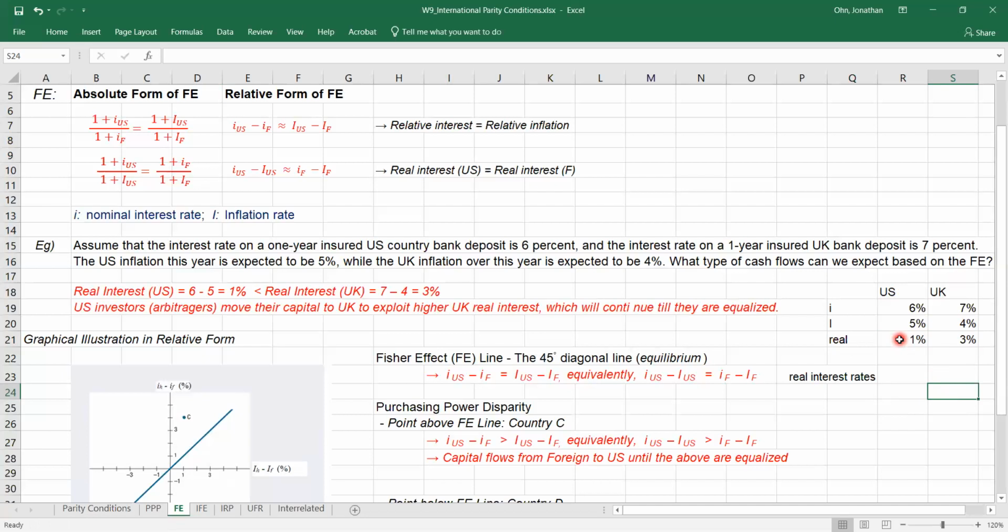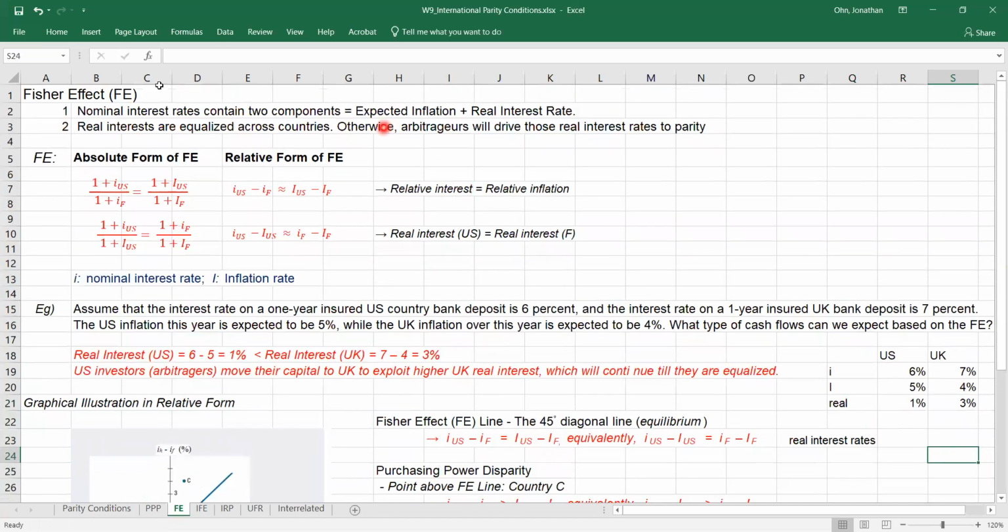So what do you expect? Now it says real interest rate should be equalized across countries. Otherwise, arbitrageurs will move their capital to the higher real interest rate. In this case, it's a substantial difference. So the arbitrageurs or investors will move their capital from the US to the UK to exploit this more attractive real interest rate in the UK. Does that make sense? So US investors move their capital,